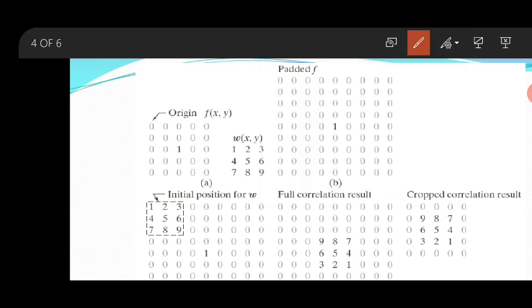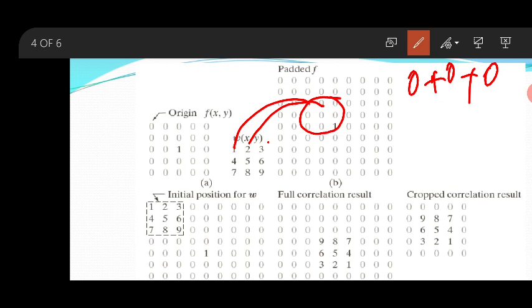Now you reach it here. When you reach at this point, I will keep the window position here. Now interestingly, the value is not the 0. What is the value now? Now you multiply this 0 with a 1. What is that? 0 plus 2 with a 0, 0. 3 with a 0, 0. Now 4 with a 0, 0. 2, 0, 3 again, 0.